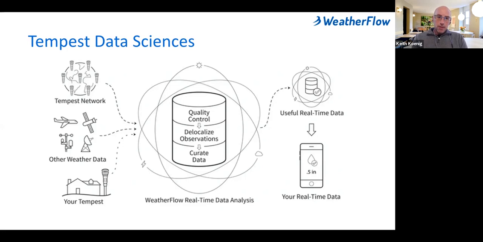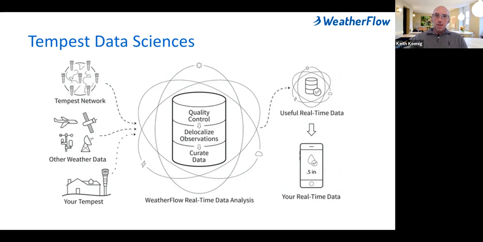We can also do things like append additional data into what the end user sees. So like the example before, if there are lightning strikes seen somewhere around you, but your station didn't sense a lightning strike, we can backfill that and give you a broader sense of the data by virtue of having curated data from the network in your area, giving you a much better picture, the best available data, not just the data from your station, but the best available data from a wide range of sources to give you a more complete picture of what's actually going on at your house.